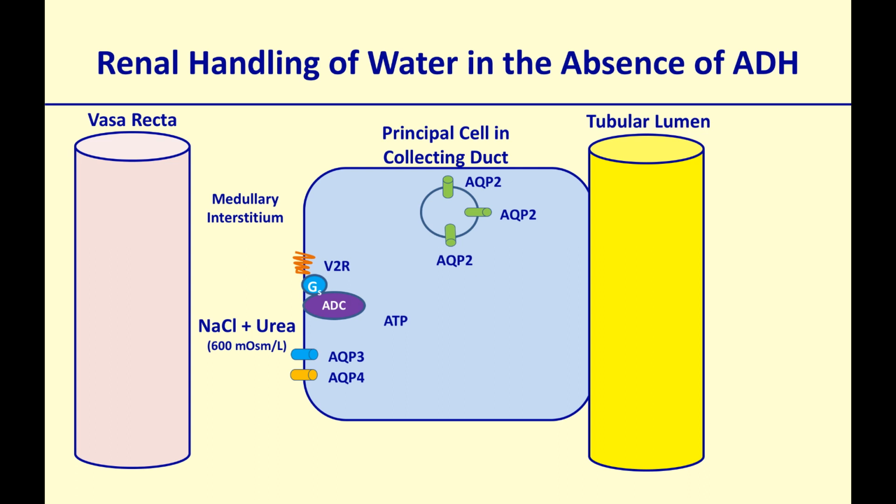This is called the basolateral side. If you look at the principal cell, inside the cells there are some vesicles that contain the aquaporin 2 channel. There are no aquaporin 2 channels in the apical side of the cell at this point because there is no ADH. So when water comes, because there is no aquaporin 2, it cannot enter the cell and water is eliminated